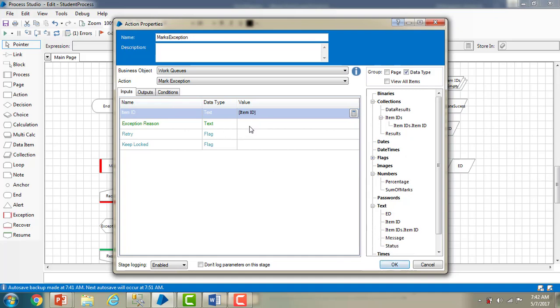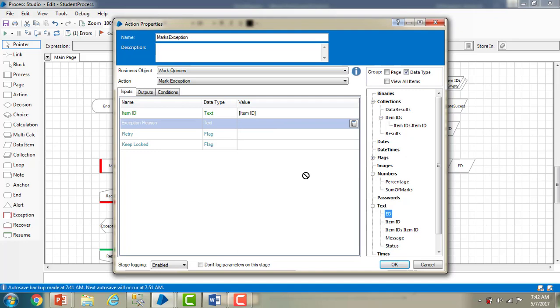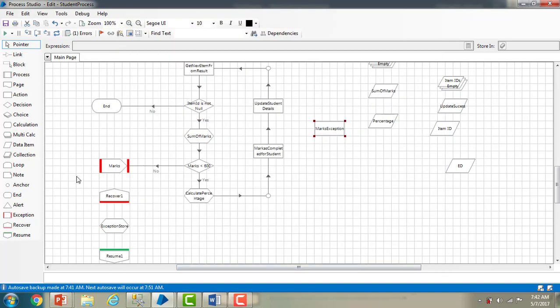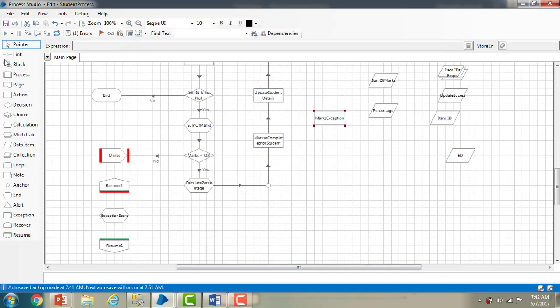Okay, what is the exception reason? Whatever the exception that you are having, you are going to give that. But for checking purposes, you are going to give it in the exception over there, which we can see over here. Now I'm going to click on OK. I'm just using the block over here. Whatever exceptions we got in the same block, we are going to handle. And I'm going to link from recover one to exception store to resume. And after that, I'm going to connect to my mark as exception,